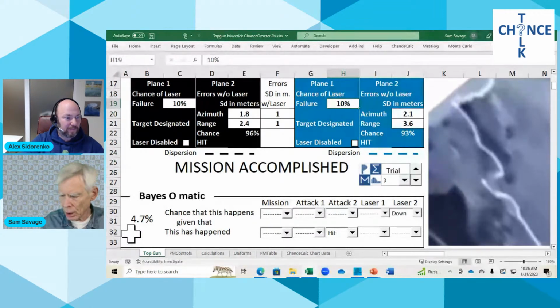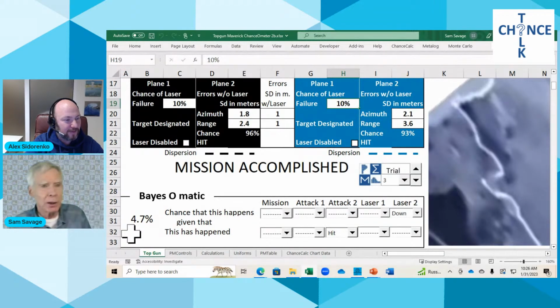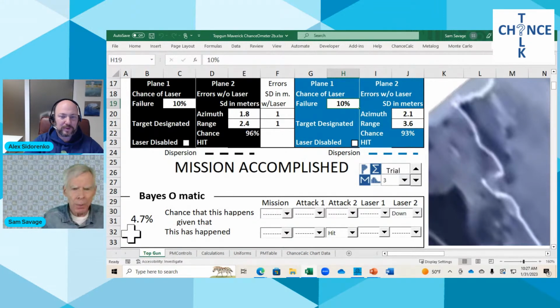Okay, let's just talk through it again. One was, if laser 2 is down, what's the chance I'm going to hit this target? The other one is after the fact. I've hit the target. What's the chance that laser 2 was down? It's a complicated computation called Bayesian analysis. And remember, laser 2 only goes down 10% of the time. So if you hit the target...